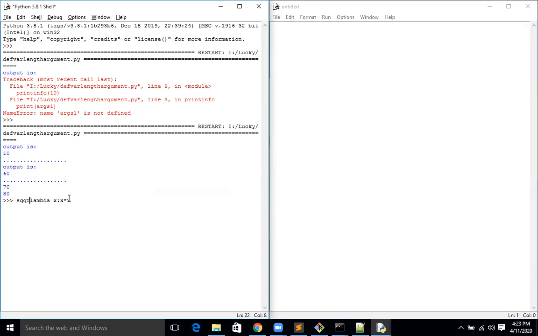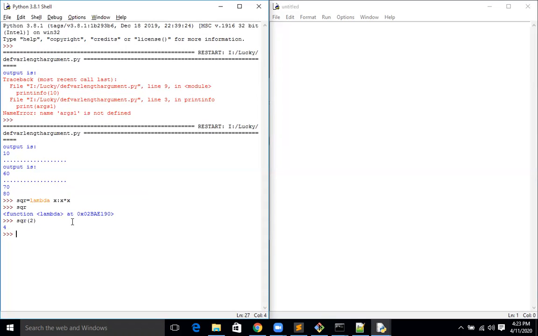I'm just giving the square value, so I'm initializing it into sqr. Now I'm printing the square value. See here, sqr of 2. I'm just passing 2, then it displays 4.